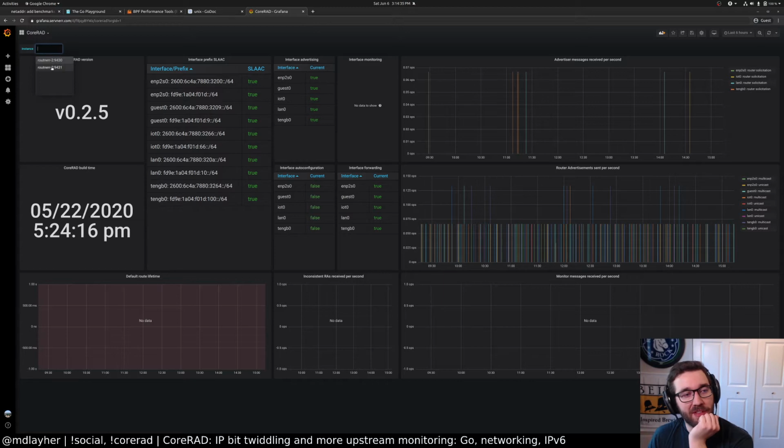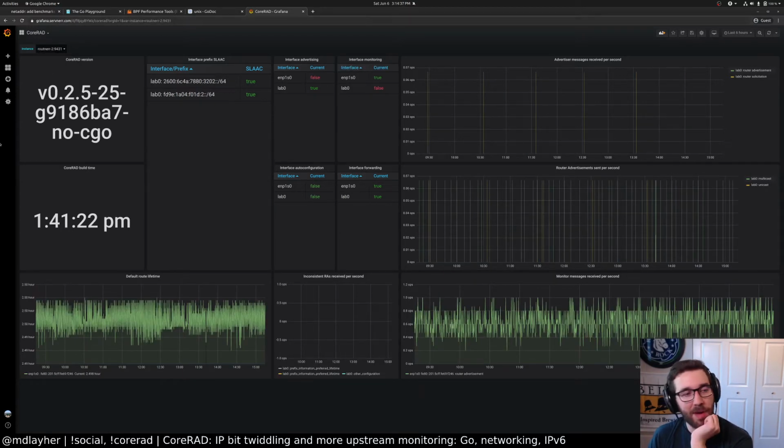But if I flip over to the lab instance, I'm actually doing a build here locally, where I have this version without CGO because NixOS requires you to not use CGO. So this is all statically linked. And now on the lab VLAN, we have a separate instance running, which is doing things like the upstream monitoring. For example, checking the amount of time left on my default route, because if this goes down, I want to get alerted. And also the number of router advertisements I'm receiving from my ISP, because my ISP is really silly, and for some reason they send like three router advertisements every 3 seconds. It's very strange. But yeah, this is kind of where we're trying to get to.